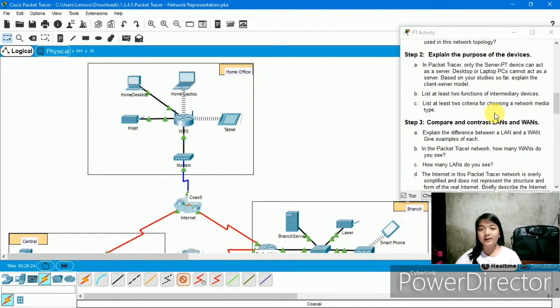So let's proceed to step 2. Explain the purpose of the devices. In Packet Tracer, only the Server-PT device can act as a server. Desktop or laptop PCs cannot act as a server. Based on your study so far, explain the client-server model. So the answer for that is